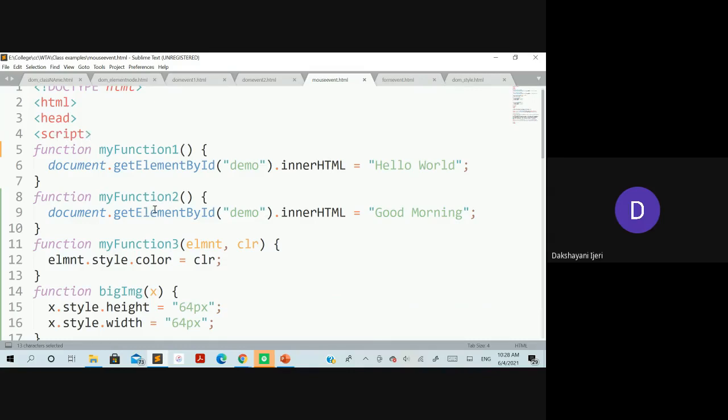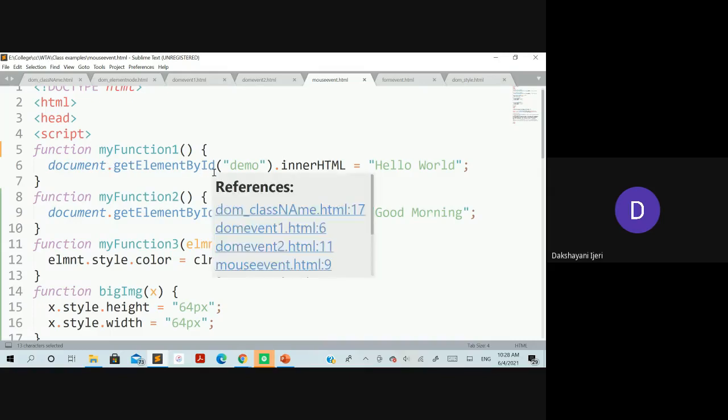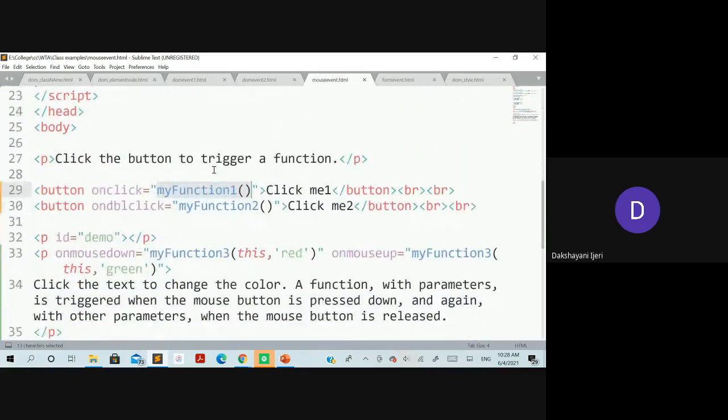Okay, so I have taken it in this way, which is going to be easy for me to explain for you, to switch from one section of the code to another section here. So we'll see what we have done in these two functions here. All of you know how to define a function. You have to define the function with the function keyword, and as the body of the function, you can see here, you need to first access where you want to apply this particular action. With the help of document.getElementById, I told you where it is going to be applied. It is going to be applied on this paragraph content over there.